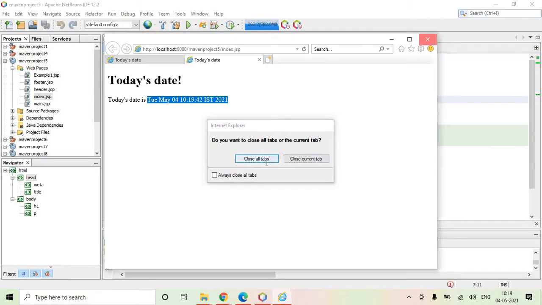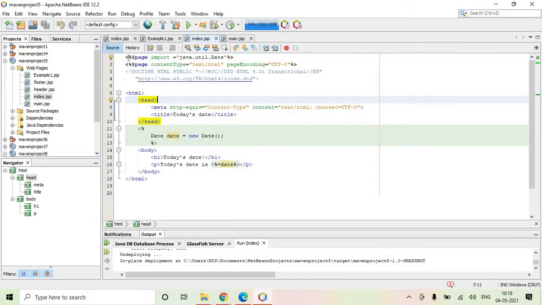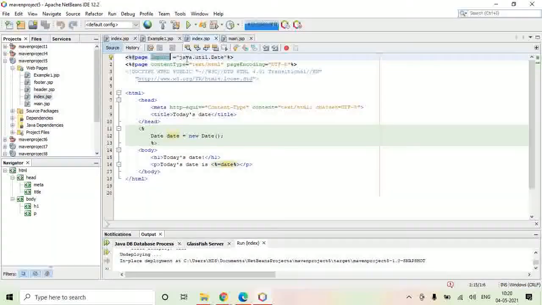This is the example of a page directive, because you have used a page directive here. Inside a page directive you have various attributes, like you have attributes in your HTML tags. You have attributes while using JSPs too. Here we are using the import attribute for importing the package.